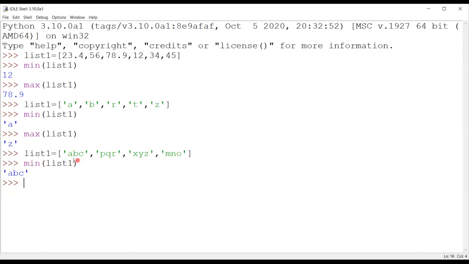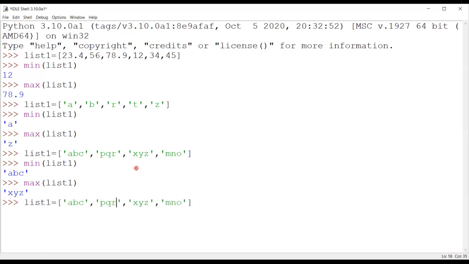Here, the first alphabet of each and every word is compared, and then the decision has been taken that ABC is the smallest one. Similarly, if we apply this max, I'll be getting XYZ because among the first character of each and every word, X is the largest one.